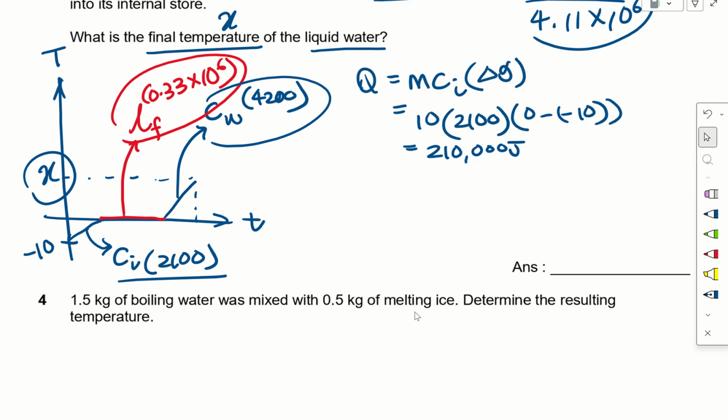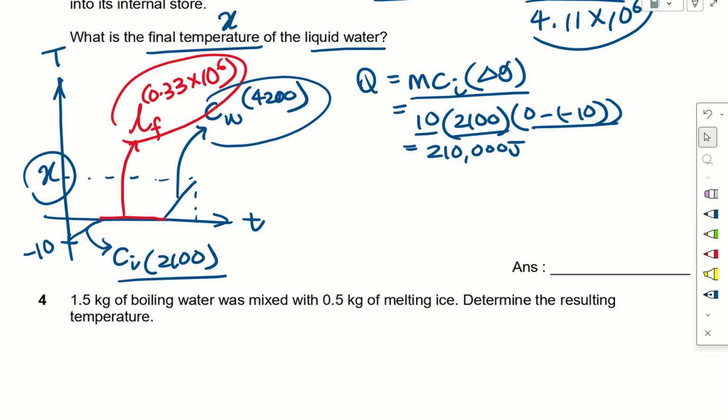The first calculation will be to calculate the energy required for this 10 kg of ice to increase its temperature from minus 10 to 0 degrees. So I'll be using this formula whereby I'll be using the mass of ice, followed by the specific heat capacity of ice, and this will be my change in temperature. So I'll get 210,000